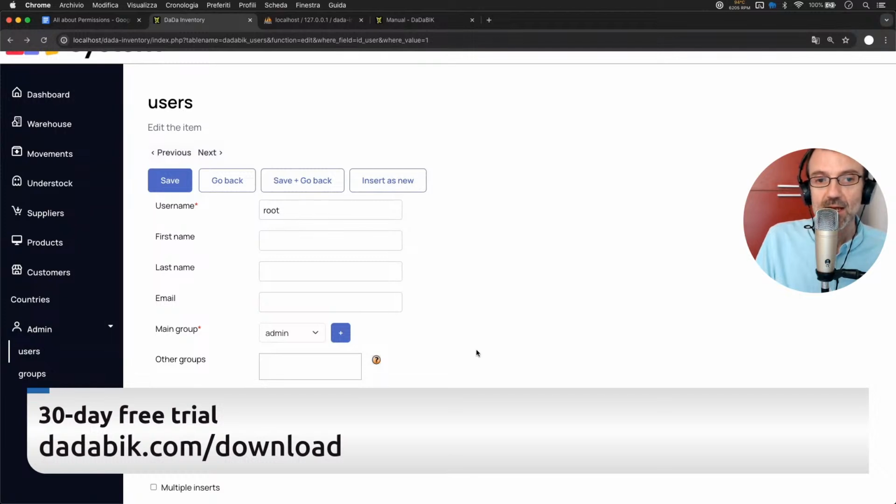And what else? Why is this important? Why is the group important? Because for many things, the group a user belongs to determines the permissions the user has. Okay, remember this part. Not only do you have a main group for each user, you also have other additional groups the user belongs to. So a user in DaDaBIK can belong to multiple groups, and